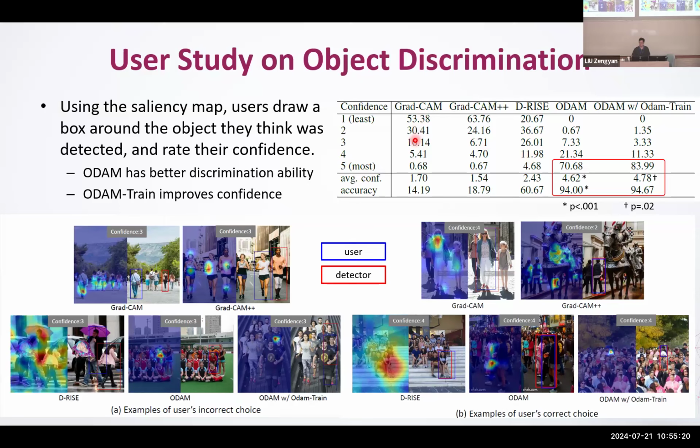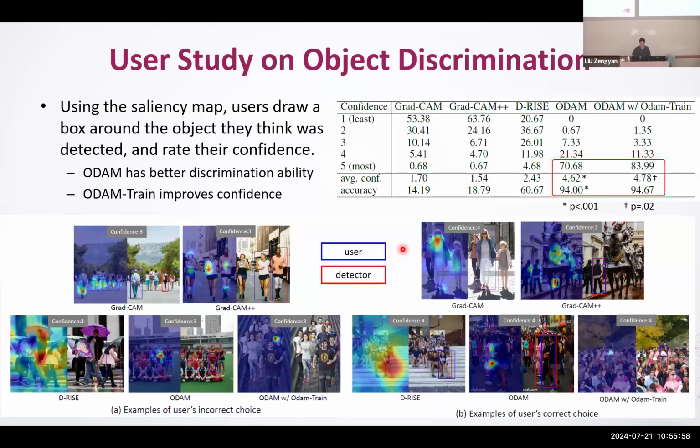So here are the results. There are two things that are important. The first is the confidence. Before, with the original method, around 70% of the time it was confidence 5, most confident. But after we introduce this discriminability, the confidence improves a lot more, by around 13%. The accuracy also increased a little bit, but the accuracy change here is not as much as the confidence change. So in general, this discrimination ability can improve the trust by improving the confidence in the detector.